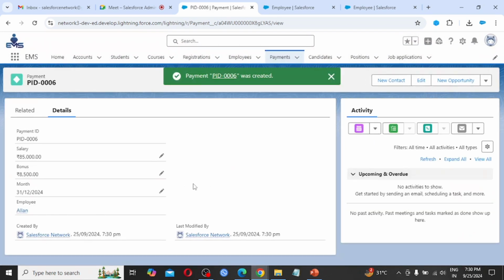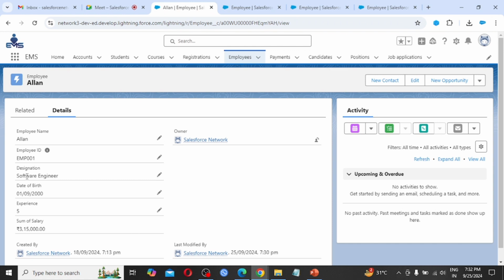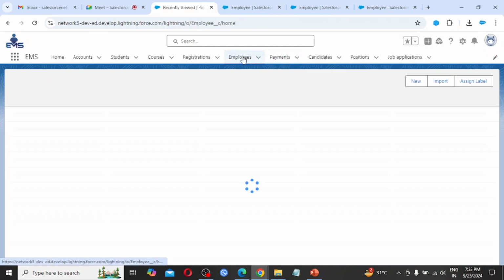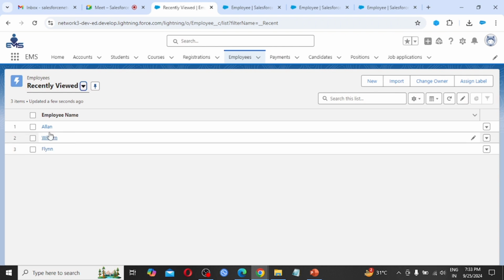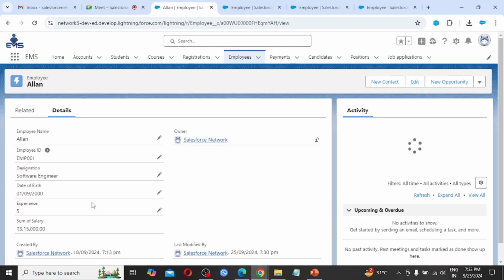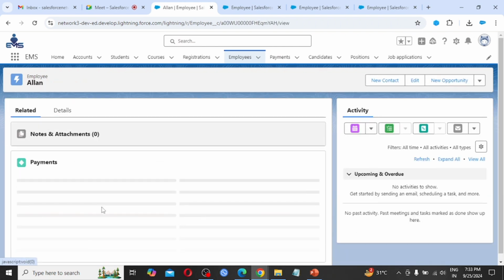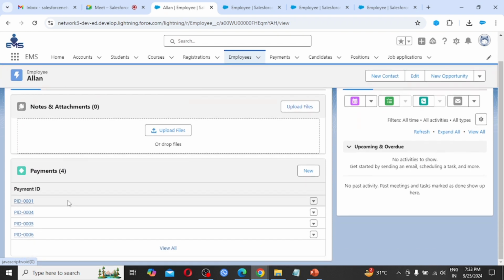So this record has been created, and we are getting the sum of salary for this employee Alan. If I go to the payments of Alan, or directly from here I can click on Alan and click related, he is getting 4 salaries: September, October, November and December.